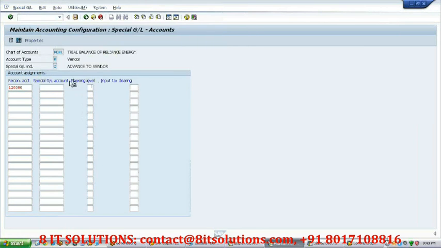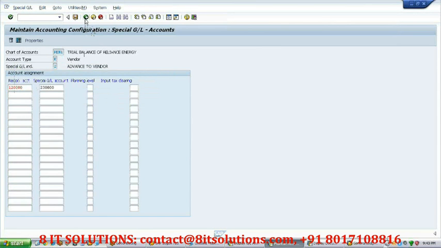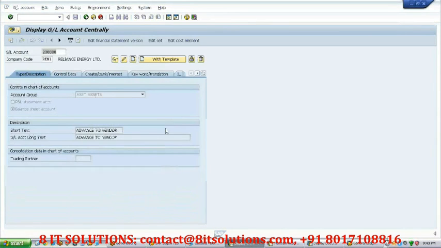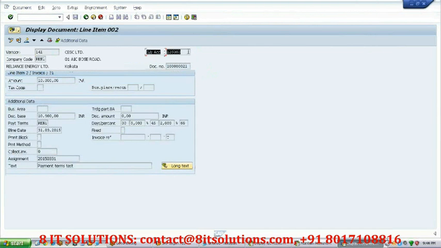Now anytime you are going to use this special GL indicator with the posting key which you have given the name as debit and credit, the system will automatically shift the transaction from the regular reconciliation account to the special GL account. Let's see whether it is working or not and how it gives you the impact. So you already got the understanding that if I post with the regular transaction, it would be posted to this GL account. At that point of time we don't have any control, we will not even be able to change it, right?